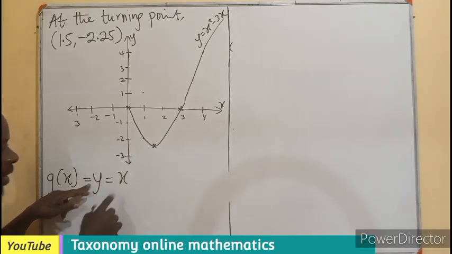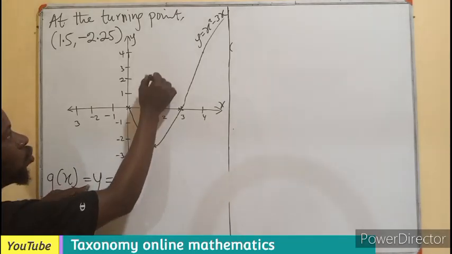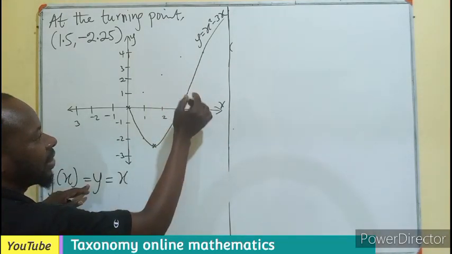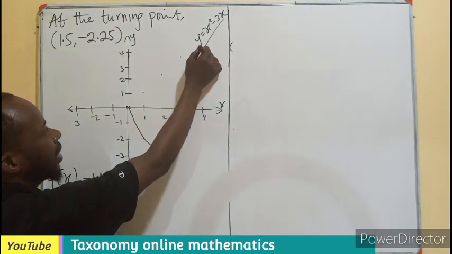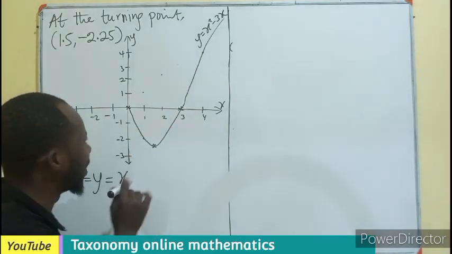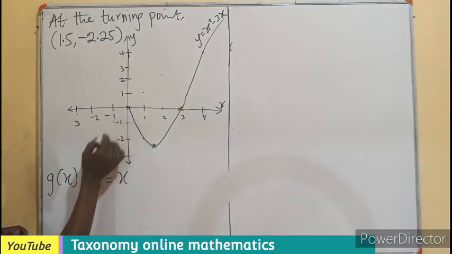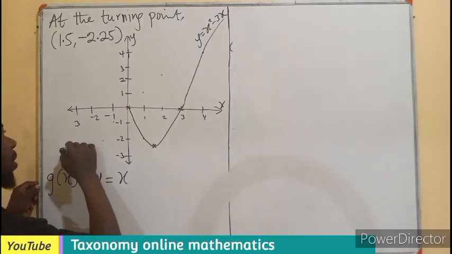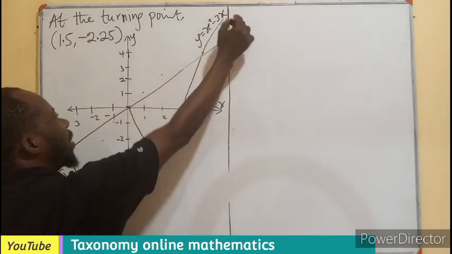So it will be here. X is 2, y will be 2. X is 3, y will be 3. X is 4, y will be 4. I think this will have our 4. So the graph is not drawn to scale. So it means negative 1, negative 1, negative 2, negative 2. So our straight line is just going to pass through